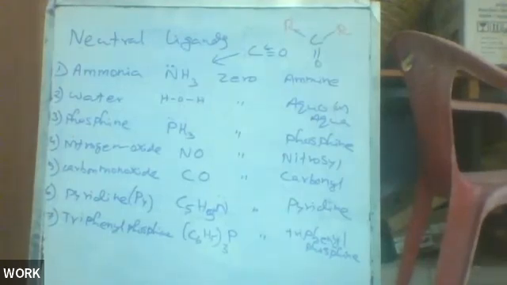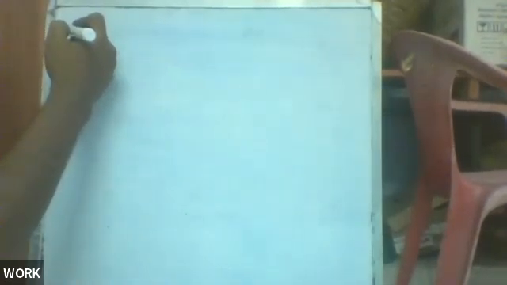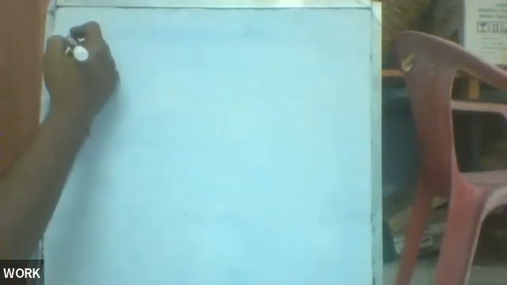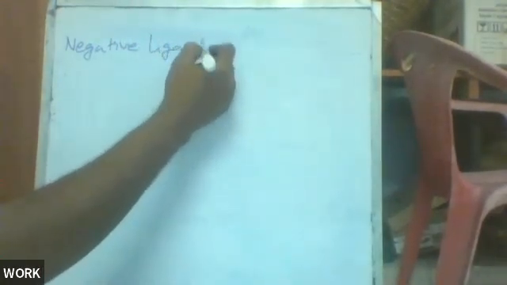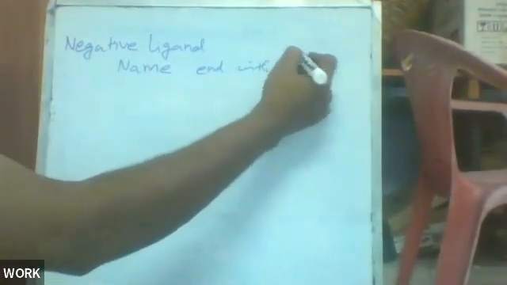When you are writing negatively charged ligands, you have to add a name ending with O. So for a negative ligand, the name ends with O. That sound, it has to give the sound O. Okay, so I can write